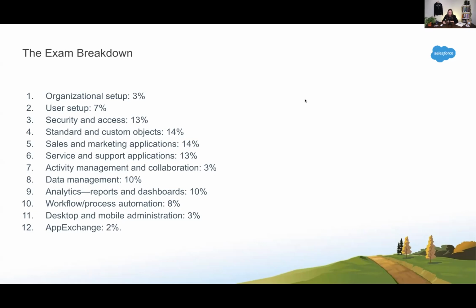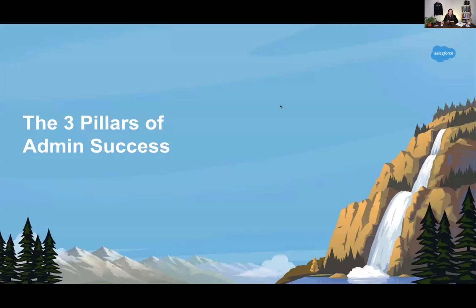As you can see from this list, there is plenty to cover here, so having a good strategy for studying and passing the exam is critical. Which brings us to the 3 pillars. All right, the 3 pillars of admin success. Epic title. So the 3 pillars of admin success are kind of 3 areas that we've noticed and recommended to